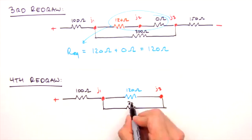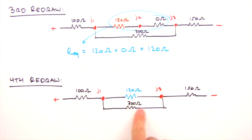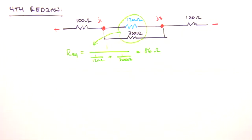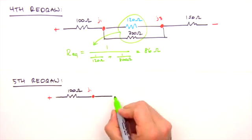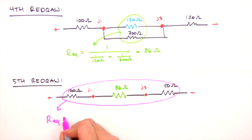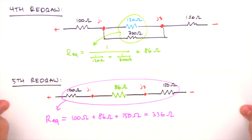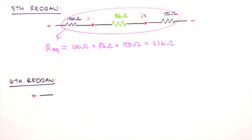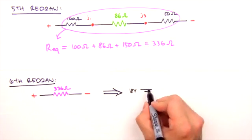And perhaps by now you've identified the next resistors to be combined, the two in parallel right here. So for their equivalent resistance, we'll have 1 over 120 ohms plus 1 over 300 ohms, which yields 86 ohms. Again, we redraw the circuit, this time replacing the two parallel resistors between junction 1 and junction 3 with our 86 ohm resistor. This redraw leaves us with 3 resistors to combine. They're in series, so we just sum their resistances, which yields an equivalent resistance of 336 ohms. Which brings us to our final redraw. We've reduced our initial 6 resistors to a single equivalent resistance, which means we're done breaking it down. If we bend our circuit back together, reconnecting the positive and negative sides